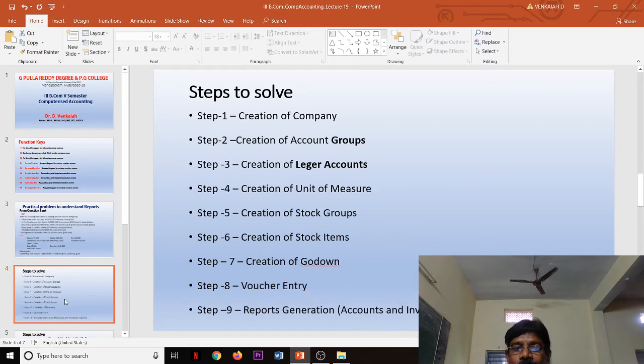The steps we discussed in many earlier lectures: first creation of a company, later accounting groups if required, creation of ledger accounts, units of measure, stock groups, godowns, stock items, voucher entry, and finally output report generation.